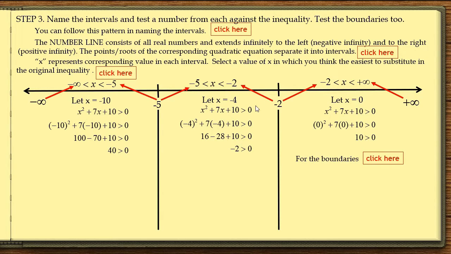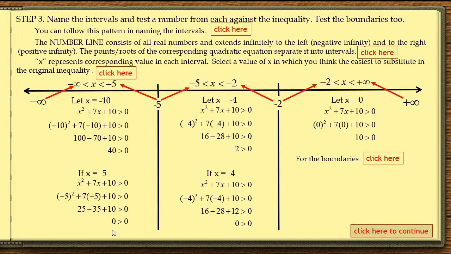In this interval, I choose negative 4. Negative 4 is between negative 2 and negative 5, so it is possible for me to use this number. You can also use negative 3 if you want. And in this interval, I will be using 0. My suggestion is, if you can use 0 in any interval, solving will be easier. And for the boundaries,